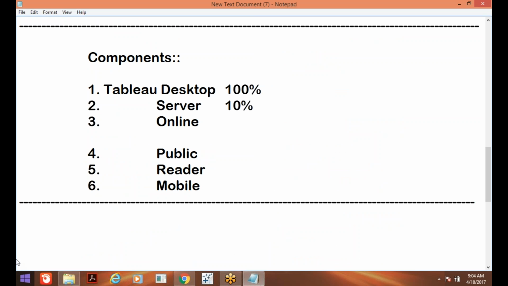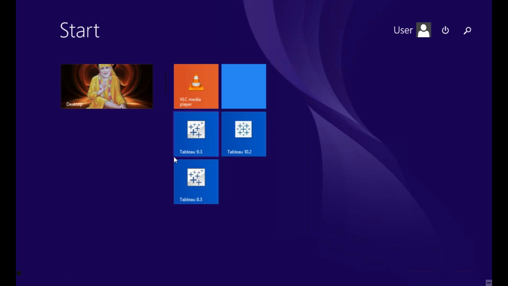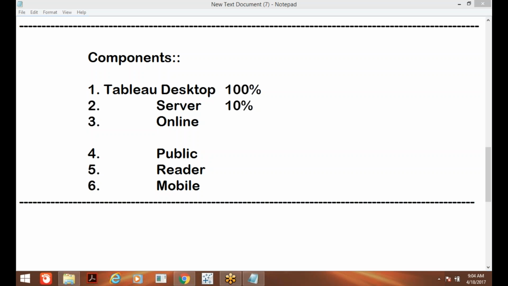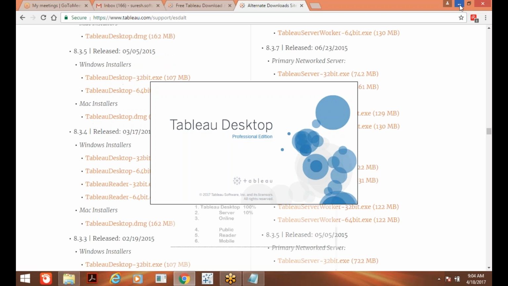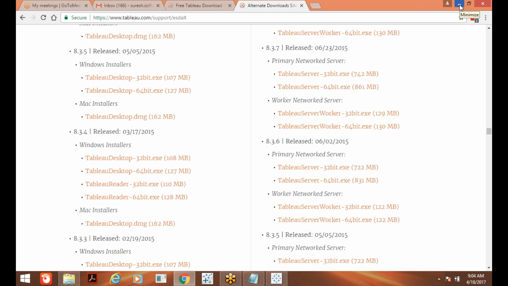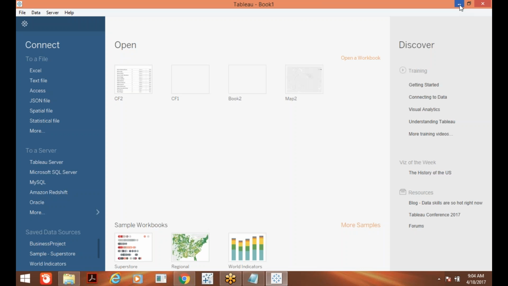Right, after downloading and installing your Tableau, you will get a screen like this. You can just open it. As I told you, Tableau first looks to connect with the data.